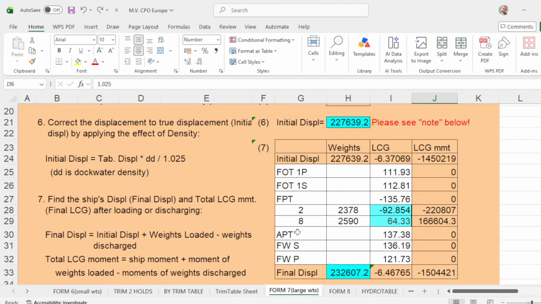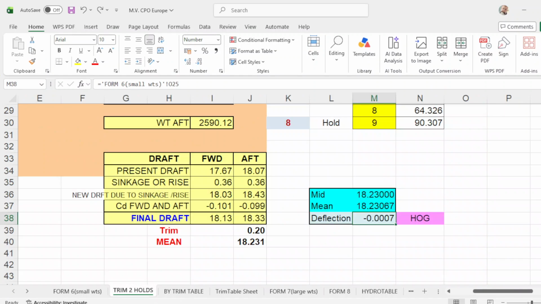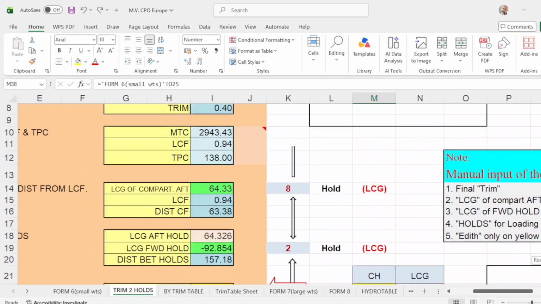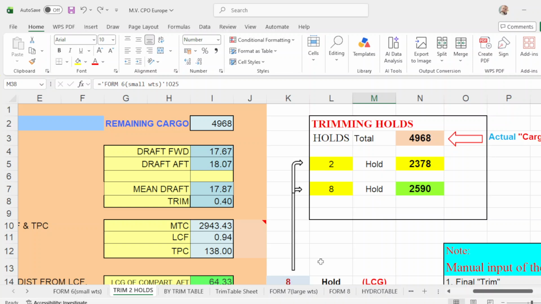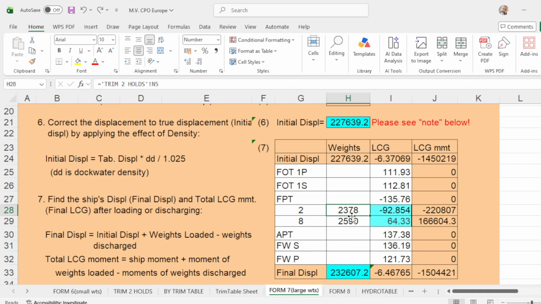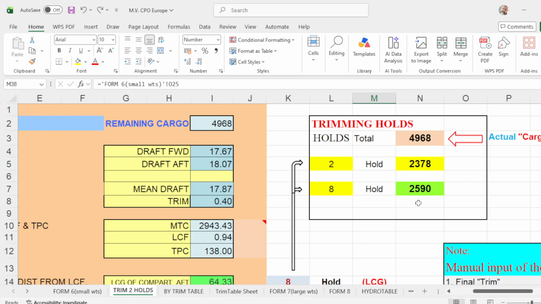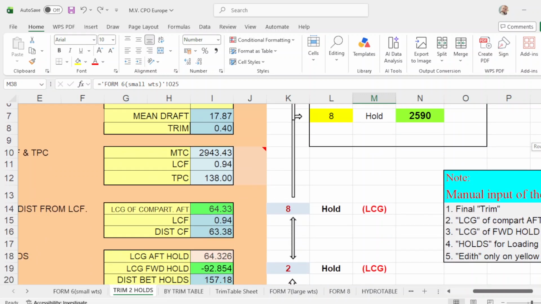And look at your trimming hold is 2 and 8. How much you load in number 2 and 8? Number 2, you have to load 2378. You have 2378, and number 8 is 2590. 2590. What is the LCG of 2 and 8?